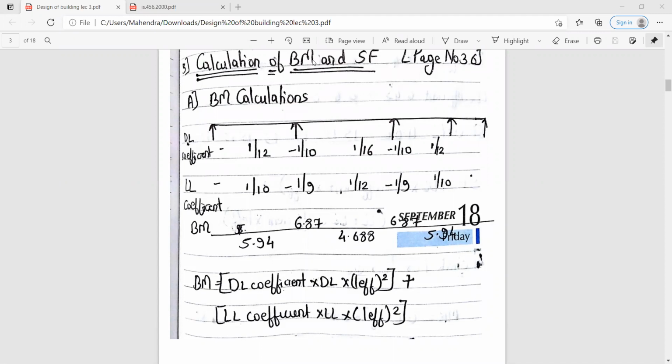If any queries, you can ask. Those who were not present yesterday can take the loads and start with the calculation of bending moment and shear force. The dead load is 6 and the live load is 4.5. The factored dead load you have to consider is 6 kilonewton per meter, and the factored live load is 4.5 kilonewton per meter.